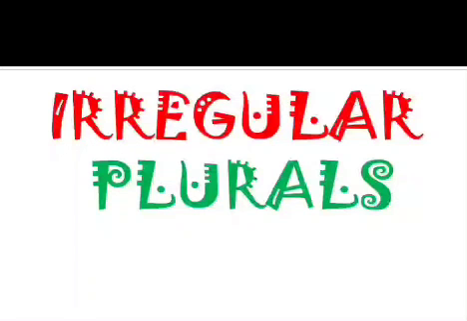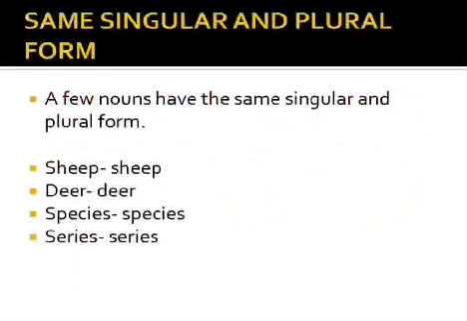Now let us come to irregular plurals. As we had studied in the previous slides, irregular plurals are the nouns that do not use the conventional rule of adding s, es, ies and ves suffixes to make plural. Instead, they have a completely different word that is used as its plural. So let us see a few examples to understand irregular plurals in a better way.